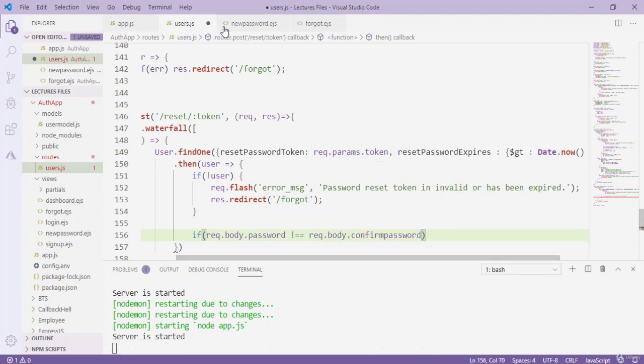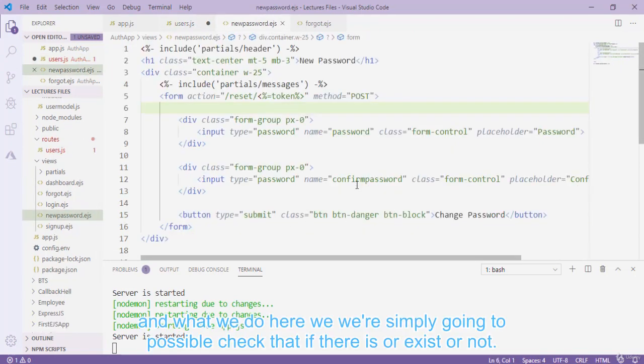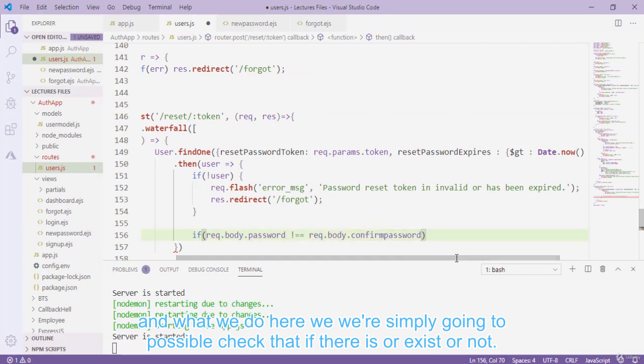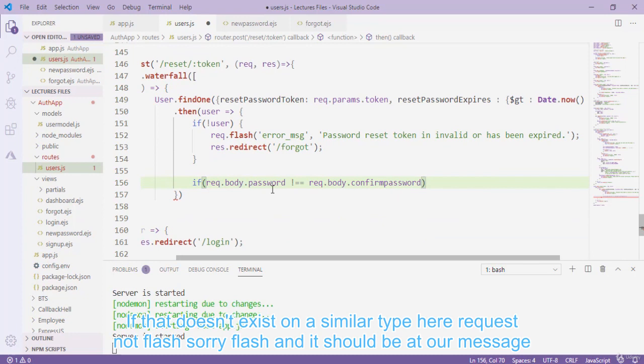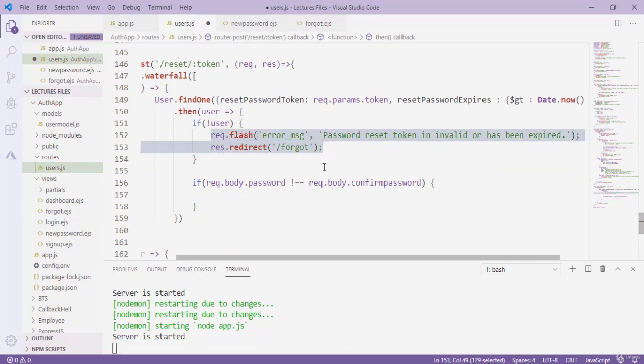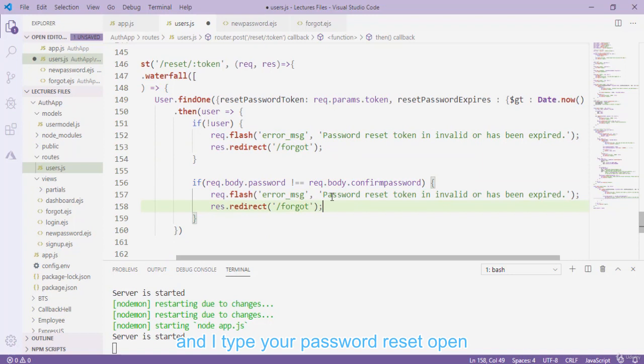Make sure that it is confirmPassword. Simply copy that from here and paste it here. So if request.body.password is not equal to request.body.confirmPassword, this means we have to throw an error. So I copy these lines from here, paste here, and change that,